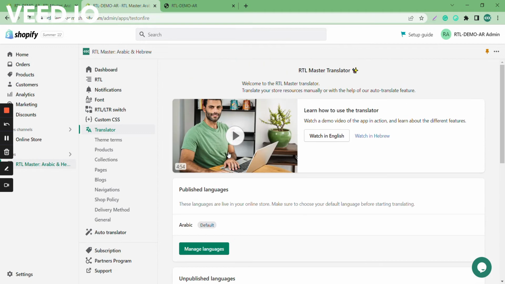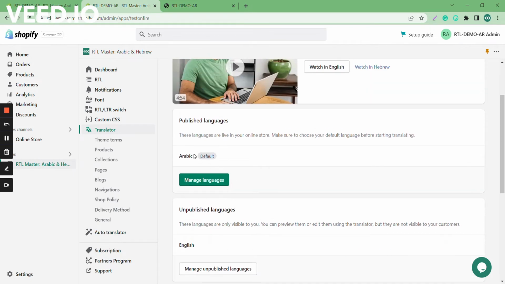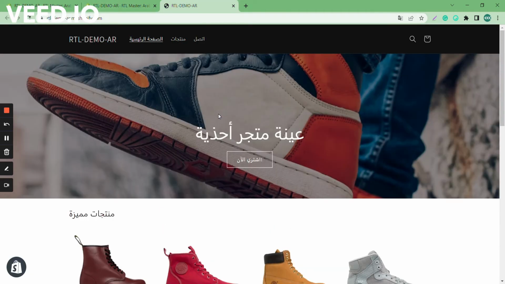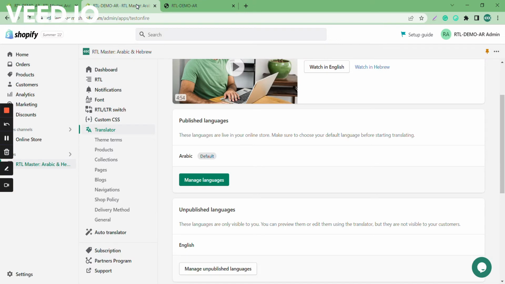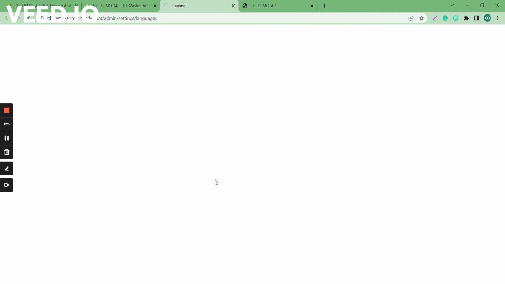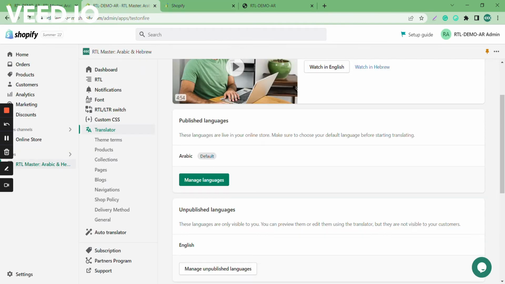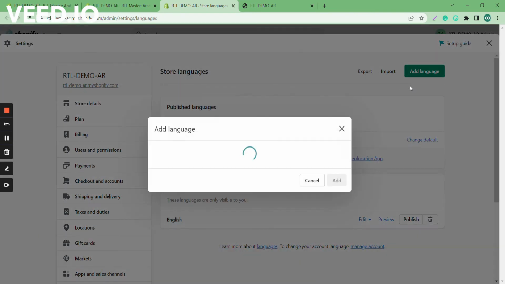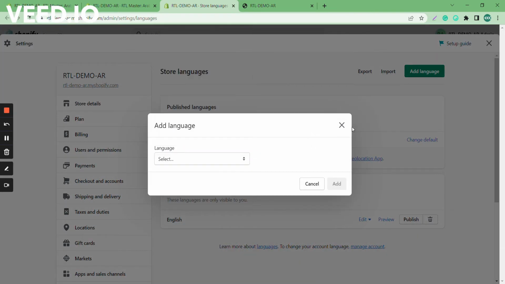All right, so first of all, I want to look at my default languages. At the moment, my default language is Arabic. This is an example Arabic shoe store, and I want to add English so I can sell globally. So in that case, I will keep using Arabic as my default language, but I will add English as my second language. If I go to the Shopify admin from here, manage languages, I can see that I already added English. You can add any other language, and